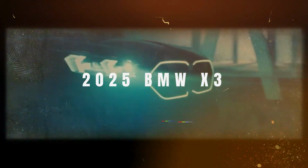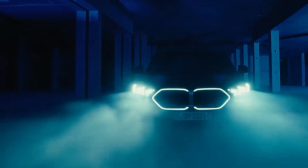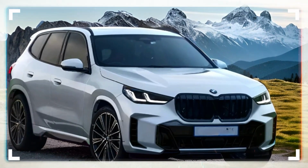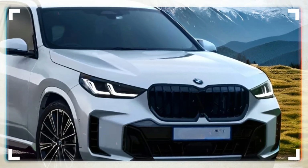The 2025 BMW X3 is the first new X3 since 2017, and it's set to be a game changer. With fresh bodywork on a revised version of its predecessor's underpinnings, this luxury SUV is expected to be bigger than